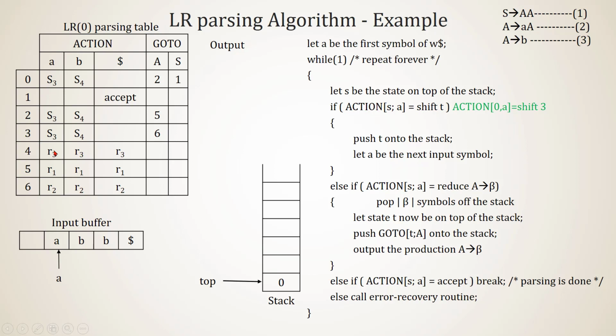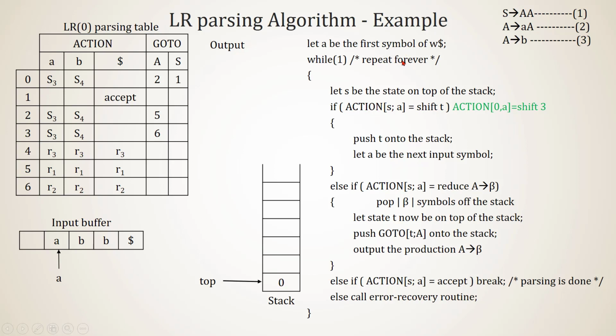So this is the LR0 parsing table, the same table we generated in the previous video. I have an input buffer, in which I have stored the string ABB, and I have the end marker $. The grammar is S goes to A, A goes to small a, and A goes to B. The numbers are given to the productions the same as in the earlier video. Initially, the stack will contain the initial state. That initial state is 0.